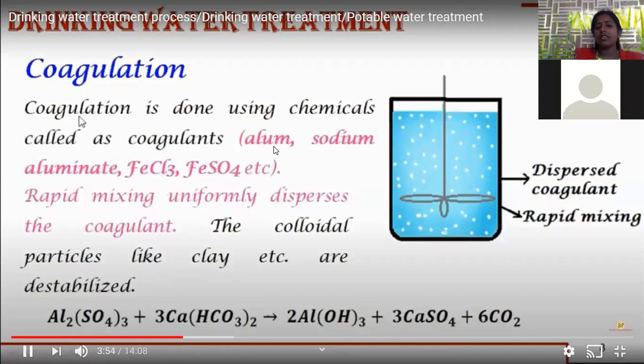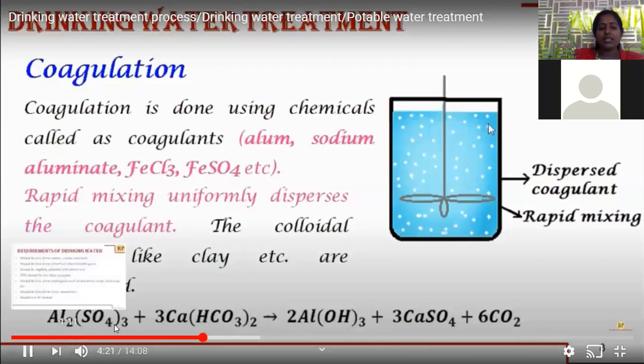Okay, alum is nothing but a potassium aluminium salt, and sodium aluminate is a sodium aluminium oxide. Then ferric chloride is also used to enhance the settling of semi-solid kind of particles. Even ferrous sulfate can be added. All these, when mixed with water, aggregate all the solid or semi-solid impurities present in the water, and slowly they get deposited at the bottom.